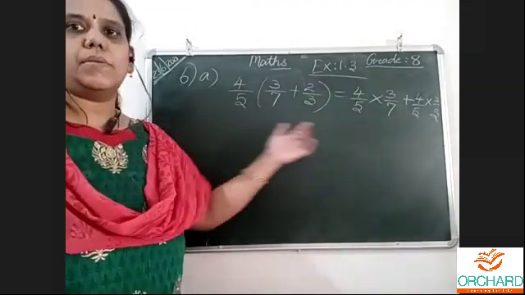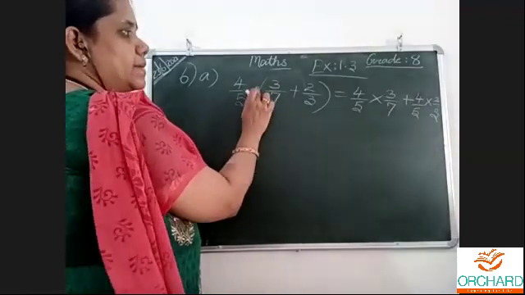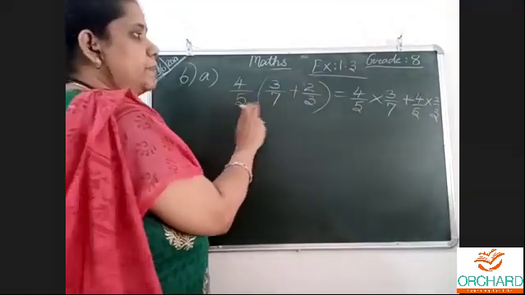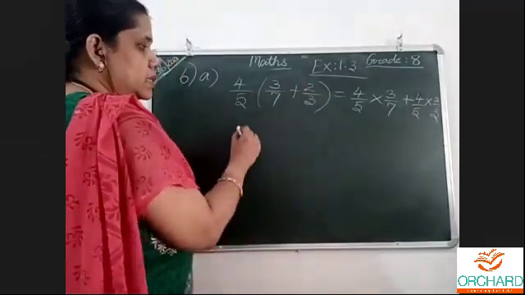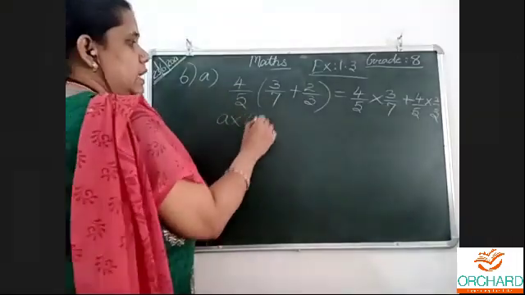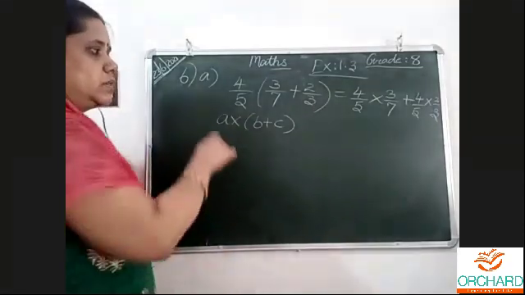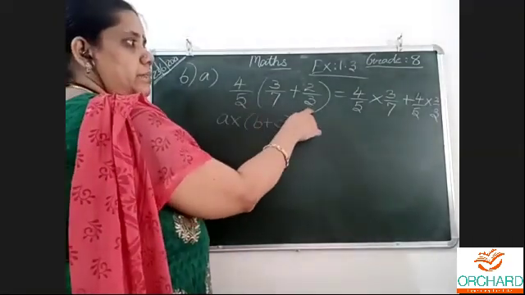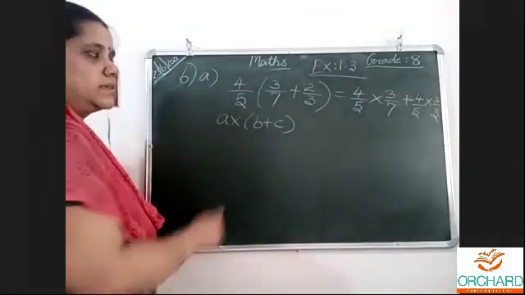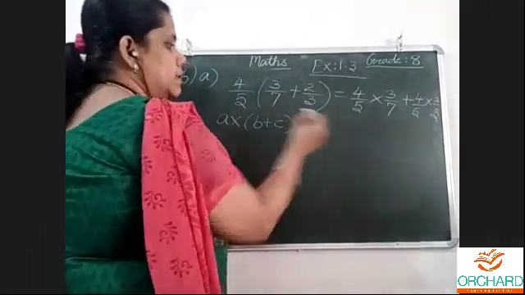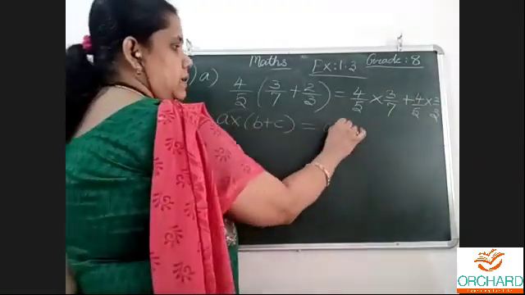Distributive law. Distributive law says one number is multiplied by two numbers with the addition symbol in the middle. So it will be like this, A into (B plus C). I told you this: A is one rational number, B is another, and this is C. A is multiplied with both the numbers. This is the left side. What is the right side? This into this, A into B.